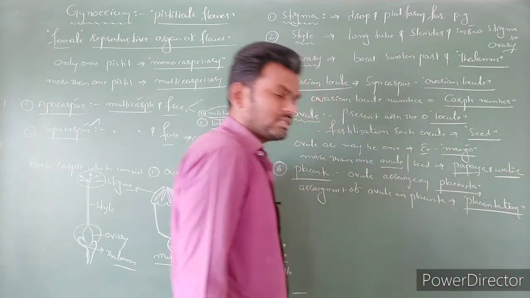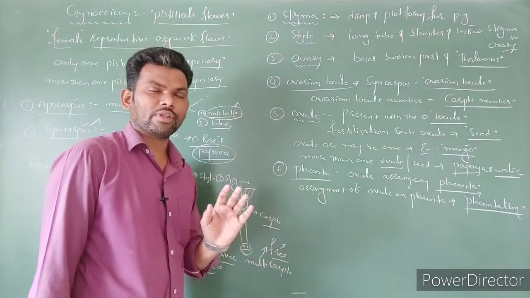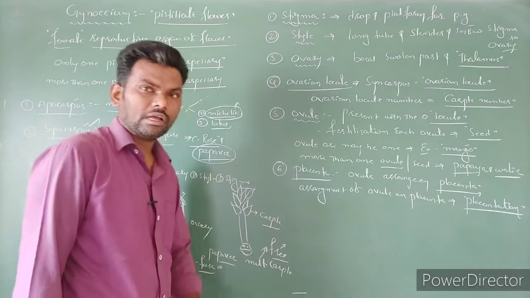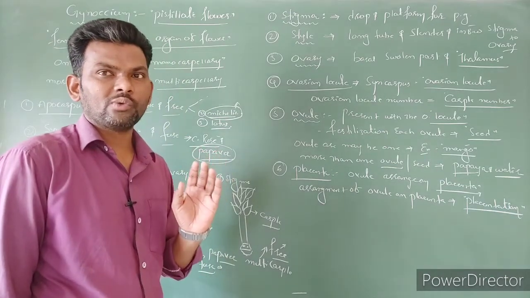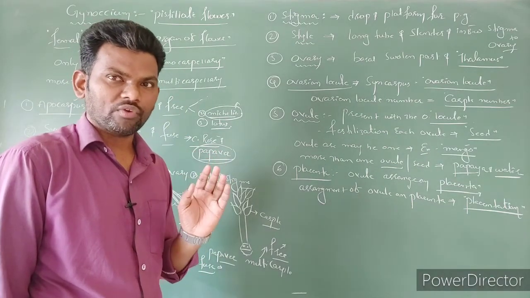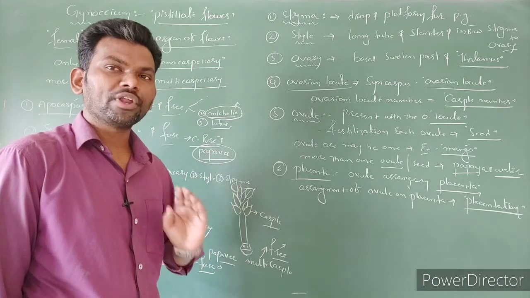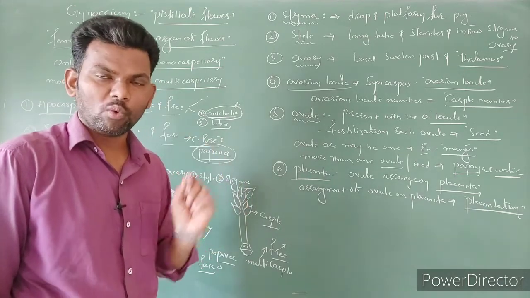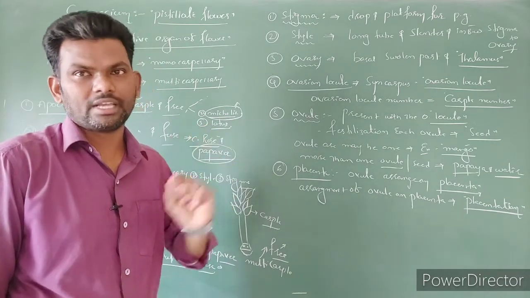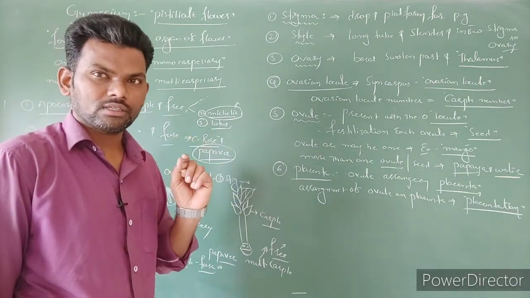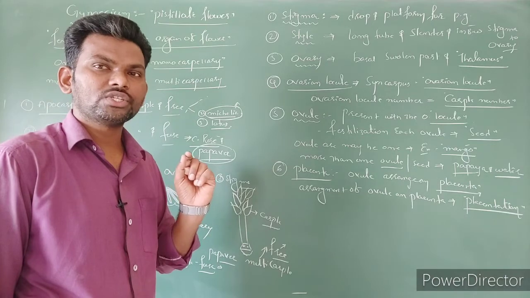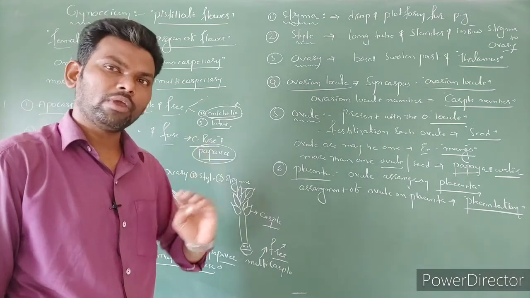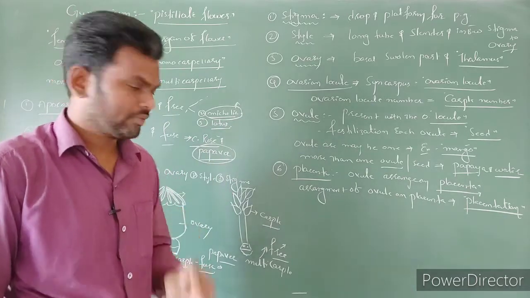Right? So each and every carpel consists of an ovary, style and stigma, right? Within the ovary, ovarian locules are present. Within the ovarian locule one ovule is present. One ovule is going to become one seed. Sometimes each ovarian locule contains only one seed, or maybe more than two seeds are present, right?